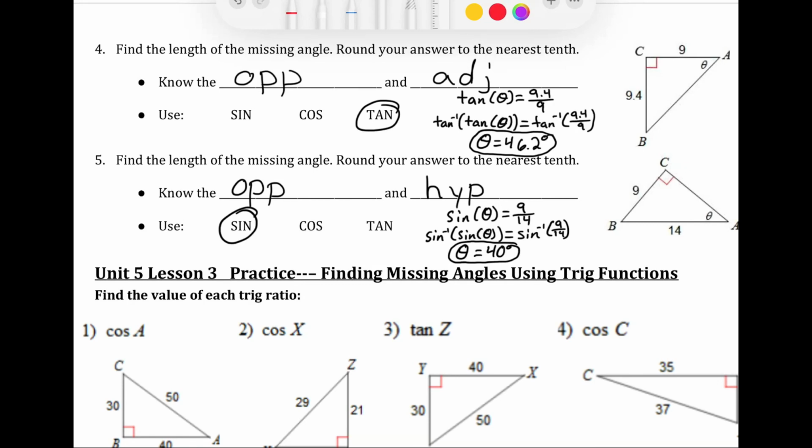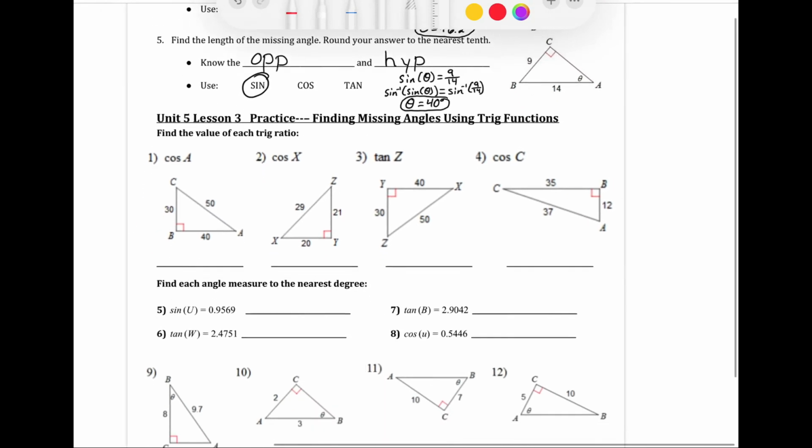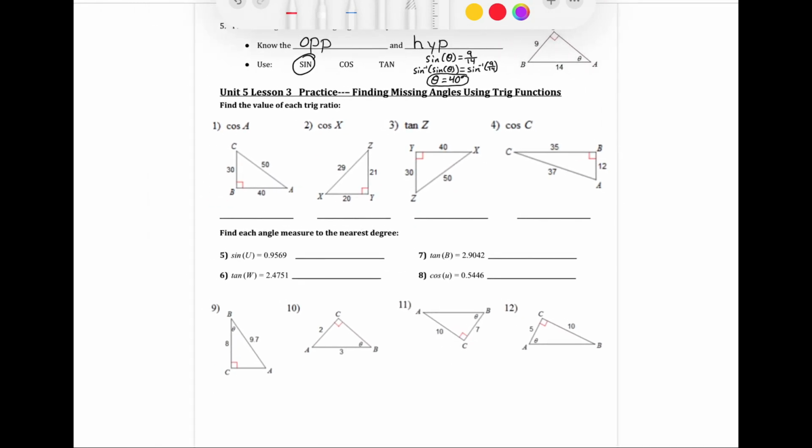So for the practice for lesson 3, you are completing the practice that is found in this packet. So you are doing all of that and trying your best to figure out any misconceptions that you have from this lesson. Again, I'm only an email or reminder